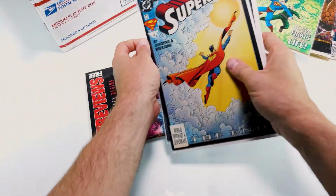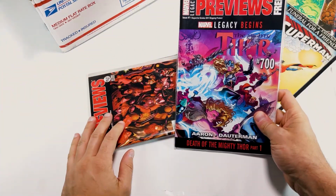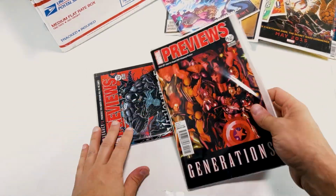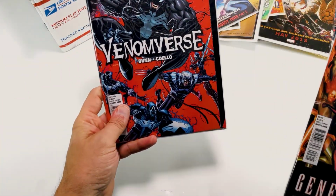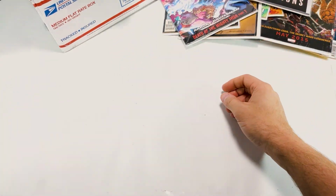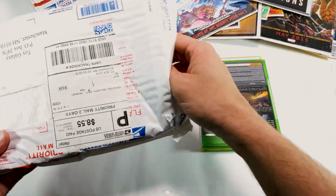Superman. Obviously, a favorite. Previews. Issue 700. All right. Previews. More. That's a good-looking Venomverse cover. Awesome Alex Ross Generations. Package 3, we've got